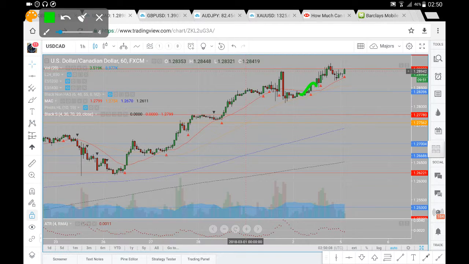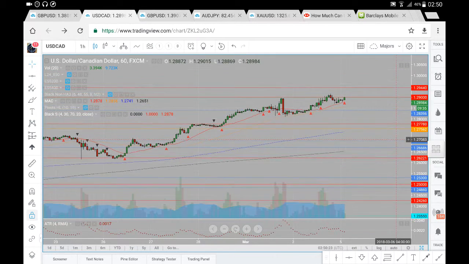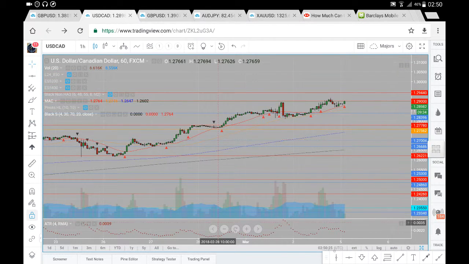Now, we've held on to this 28.39, we've had a move up towards this 129 level, and from 129 we've had a pullback, and we do appear to be supported now by the 20 period moving average. We do look poised for another test of this 129 level. If we were to test and break and hold on to this 129, the very next level that we are looking at